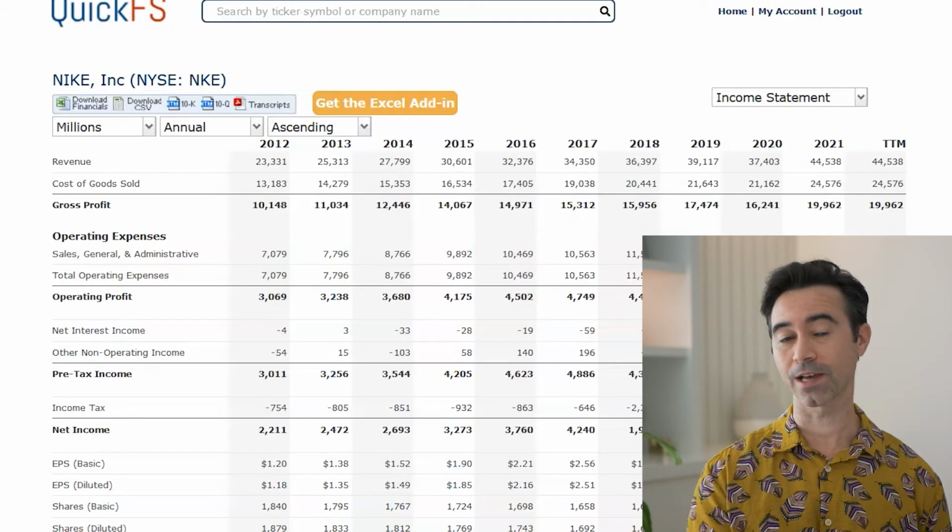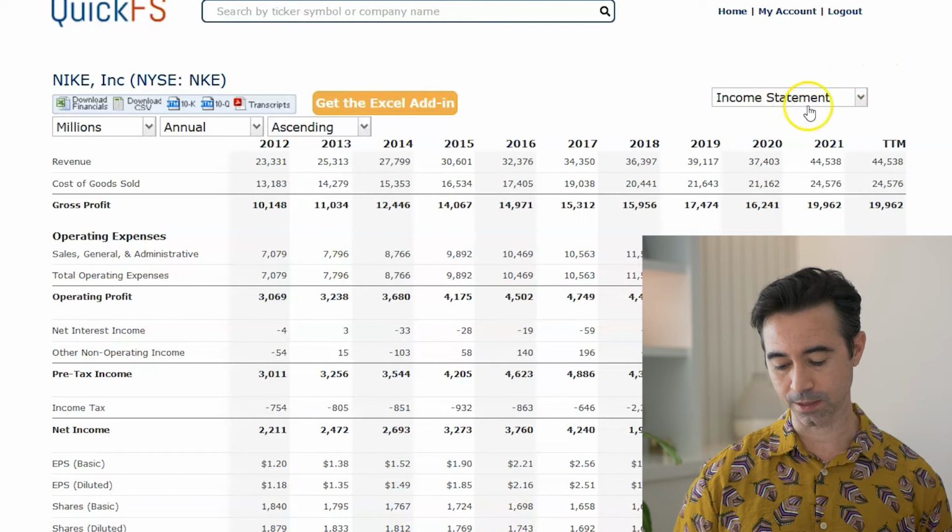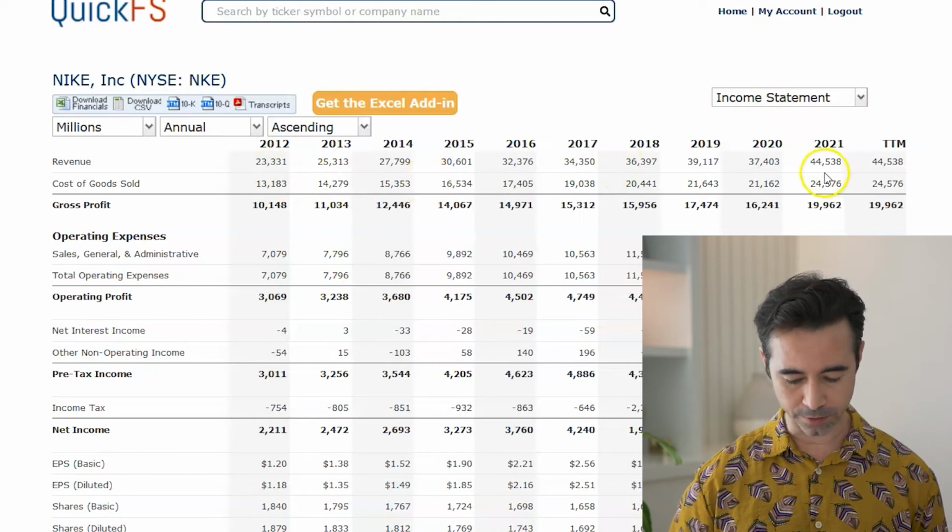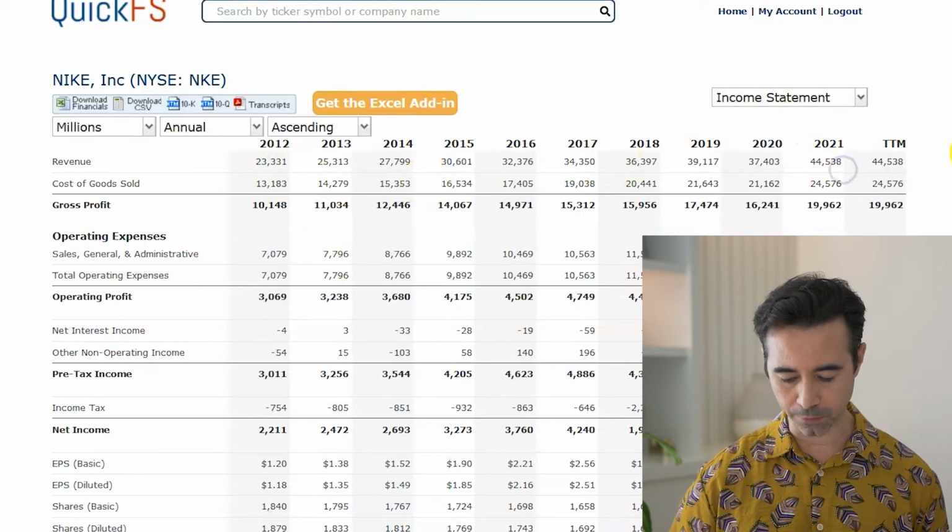Okay, so let's move on to our fourth ratio. So the fourth is the price to sales ratio. This one's pretty easy to understand. Just like the other two, we just need to find the sales of the company, aka the revenue, convert it to a per share number, just like we did before, and then we're going to divide it by the price. So back to quickfs.com, we're going over to the income statement. Here we have revenue on the very top,